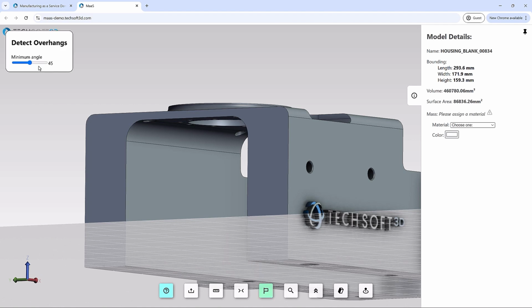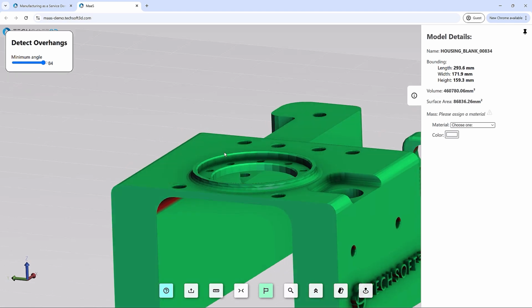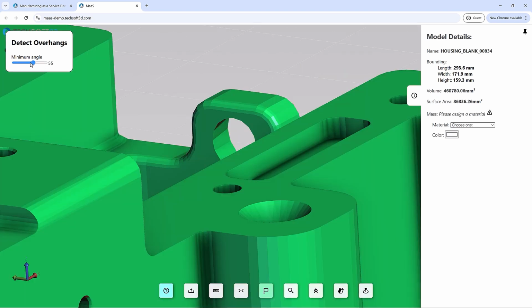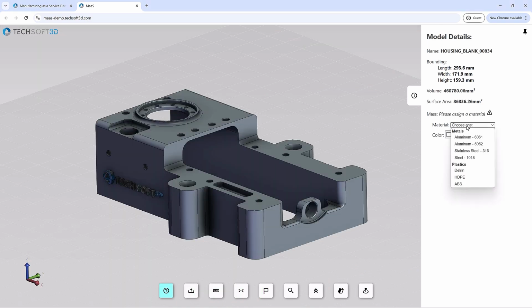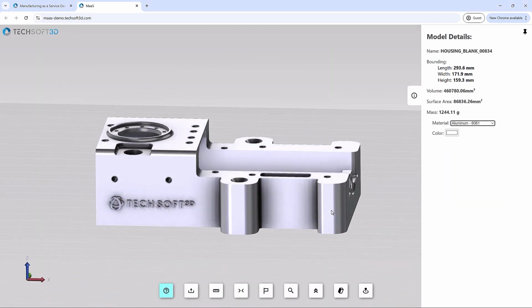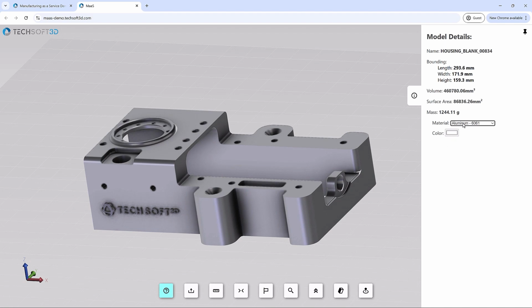Overhang detection. Hoops Communicator is used to extract the positions and normal vectors of each vertex in the model. Then a vector color is applied based on the value and current angle setting. And also, physically based rendering, which can be enabled and modified by selecting a material for the model and modifying